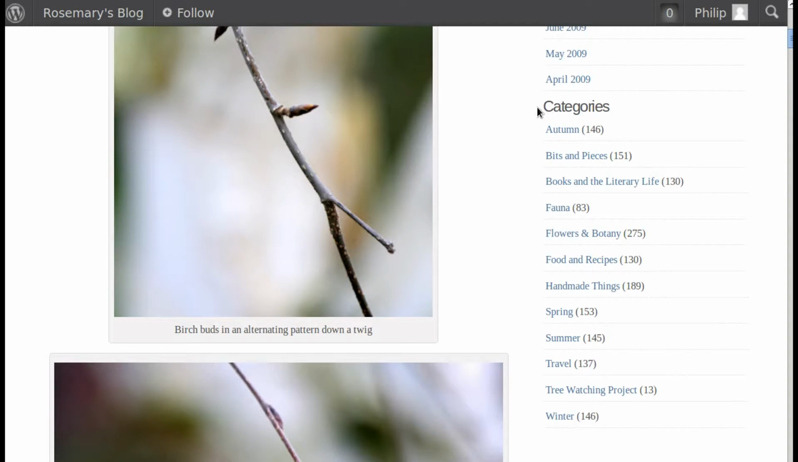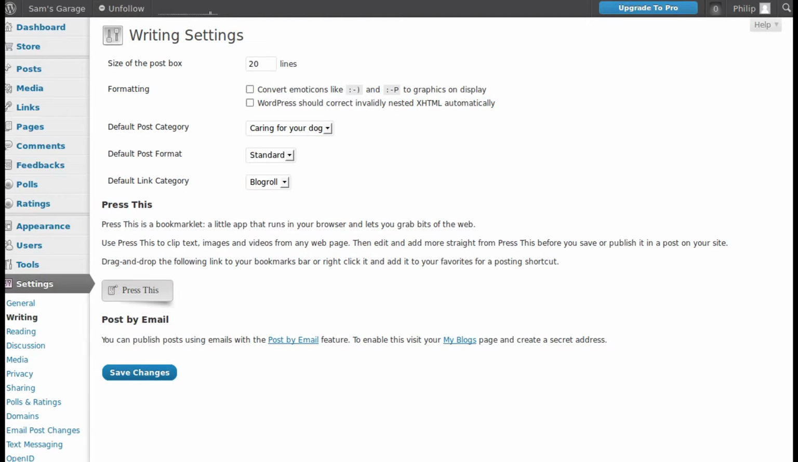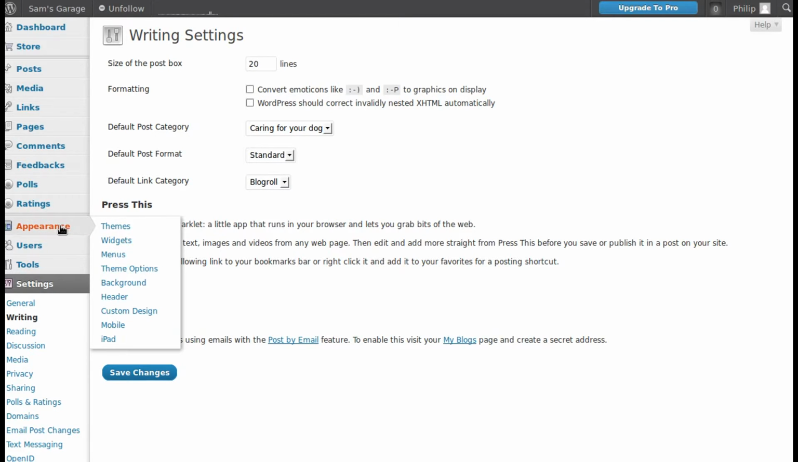So all we need to do. Oh, I didn't show you how to add the widgets in the sidebar. Right. Once you've got your categories and your tags, the way you display them is in the widgets in the sidebar. So I'll go to Appearance, Widgets,